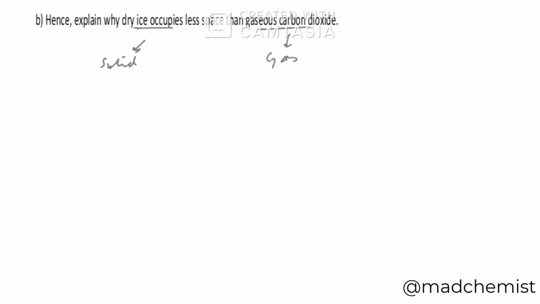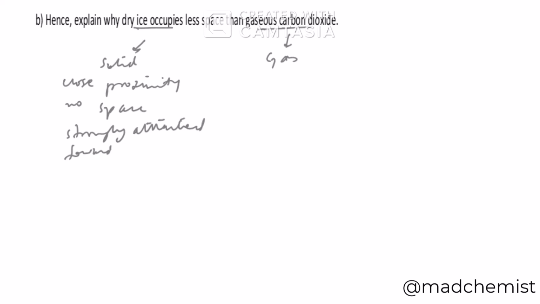In solid particles, as we have discussed in the previous question, the particles are present in very close proximity with each other. They have no space. They are strongly attracted towards each other,